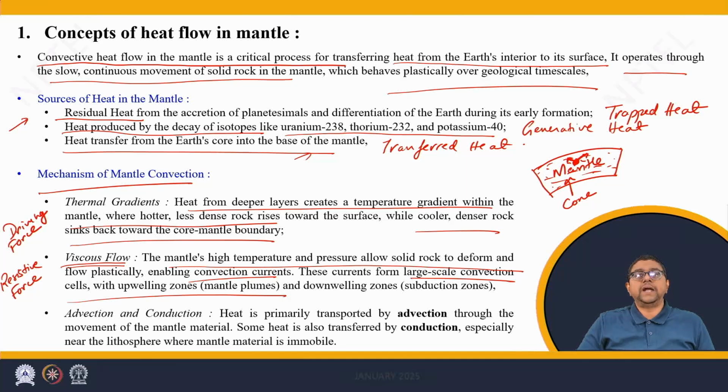A few features of the mantle convection are large scale convection, which are large regions of overturning material cycles. Then there are smaller localized upwelling zones. These upwelling zones are near the core mantle boundary, and also there are downwelling zones which are located at shallower regions of the mantle.